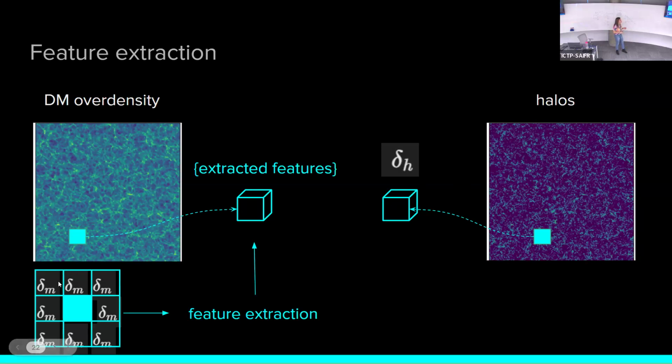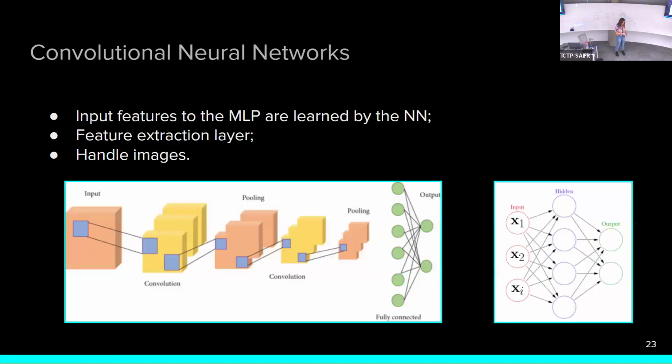But now I could, for example, use the information of the surrounding cells. All of them have a density associated, and I can use the neural network to extract some information, to make some summary values from this information of the surroundings. This is just to illustrate the structure of a convolutional neural network. So this would be this feature extraction stage.